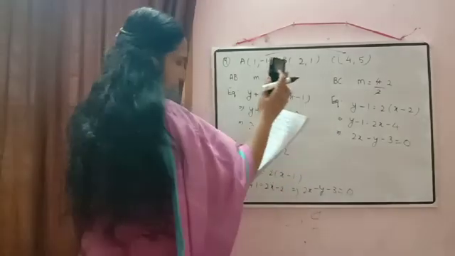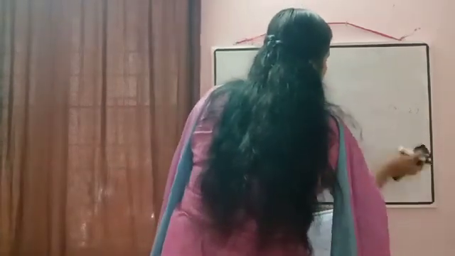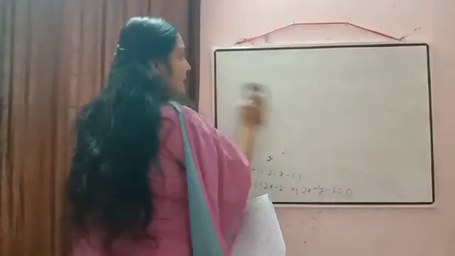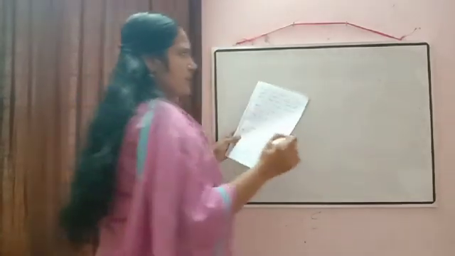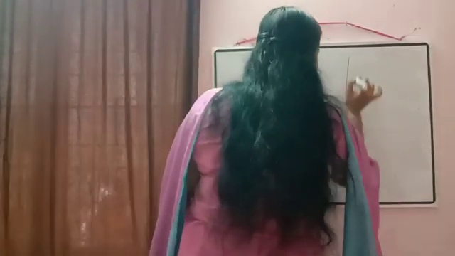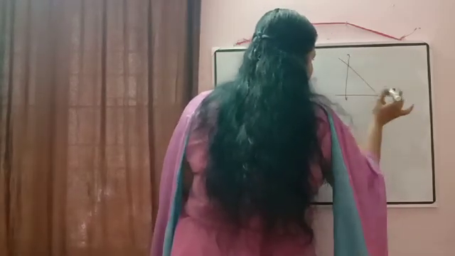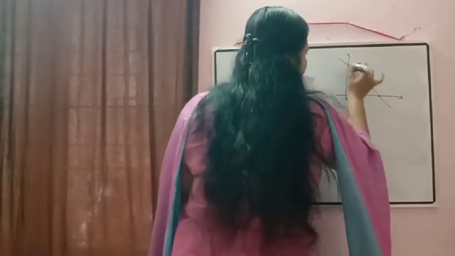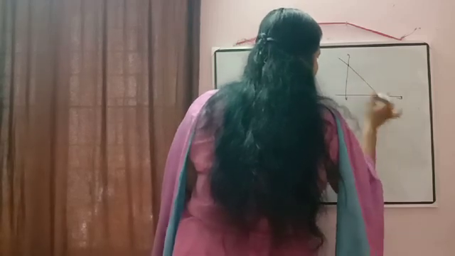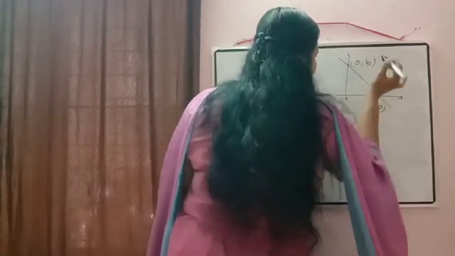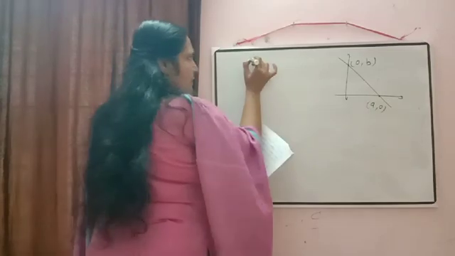Okay. Now the next question. The next question is based on the concept of intercept form. The formula we already wrote, and we are revising it again. Intercept form means the line crossing both the axes. It passes through both the axes, (a, 0) here and (0, b) here, and then we wrote the equation